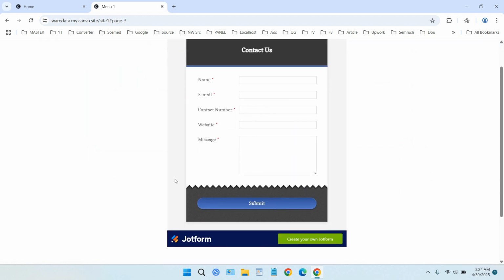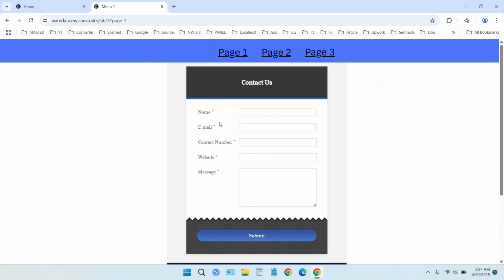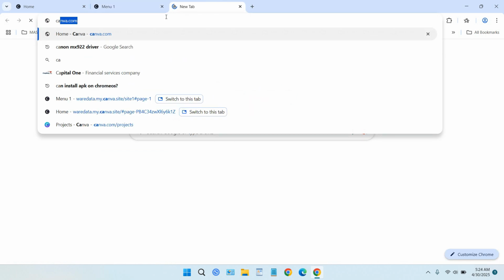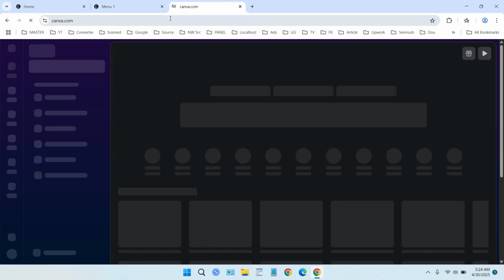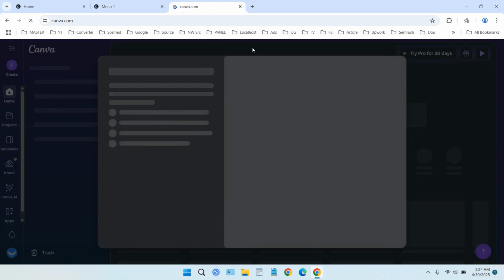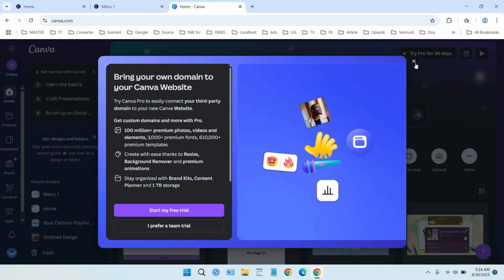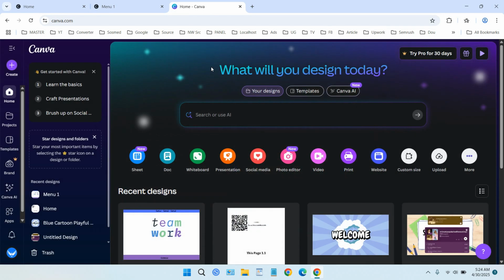Okay, I'm using JotForm here. And to create a website, just open Canva and make sure you are logged in using your account. Okay, I will close this. And to create a website with no coding, just click this. Okay, select website here,